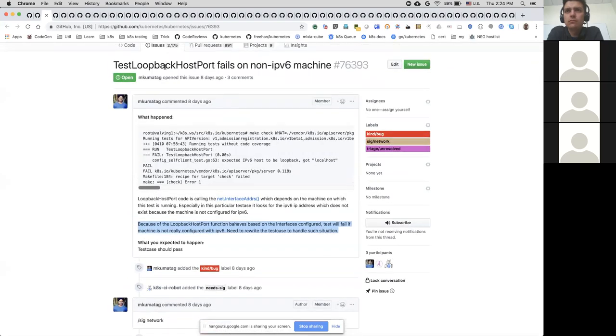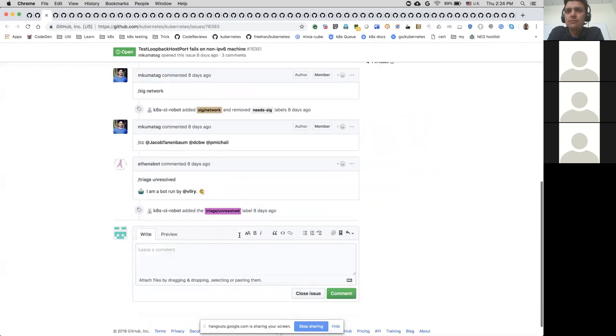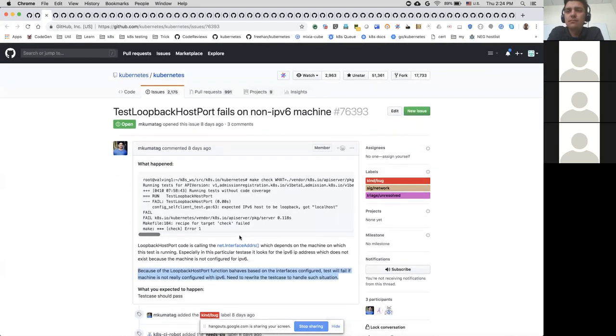So it seems like it's for SIG Network functionality. Anyone want to take a look? It looks like a valid problem. Anyone want to take up the IPv6 stuff? No? No one?